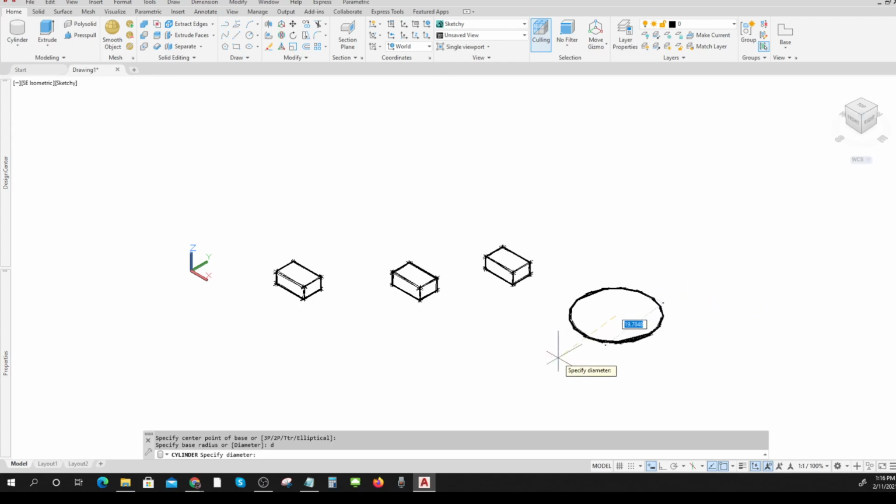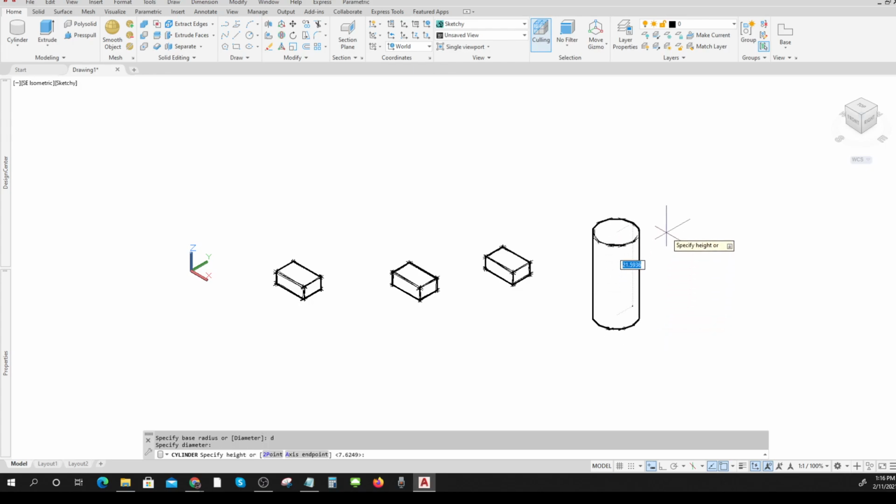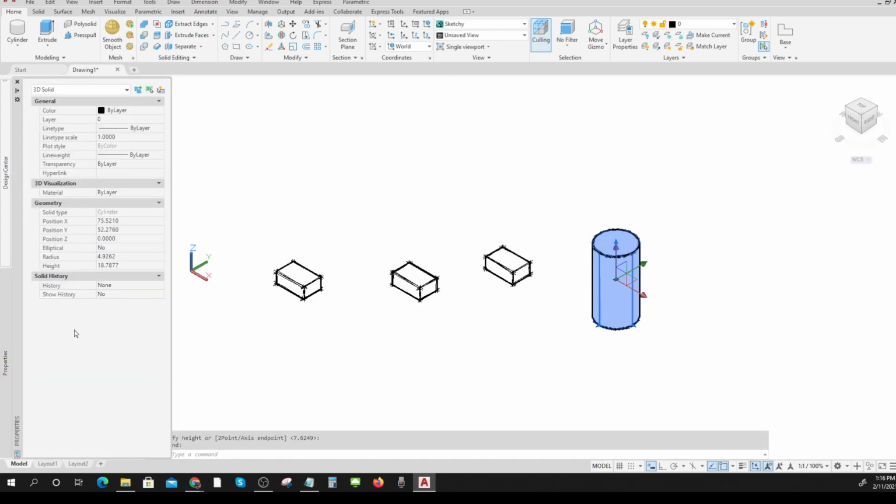And again, I can make it whatever size I want. Click, and whatever height I want. Click. And as always, if I click on it and look at the properties, it'll tell me what radius I've got. Let me make it